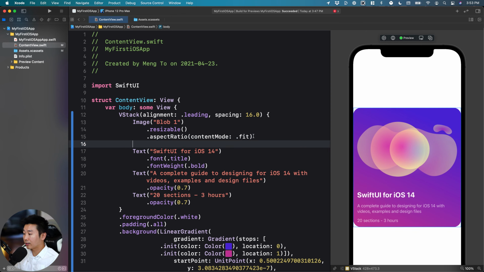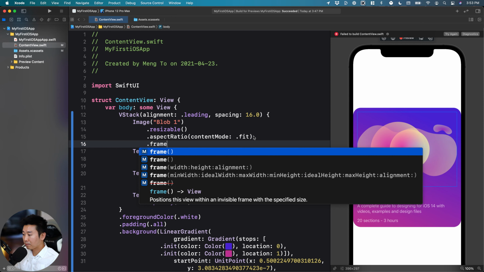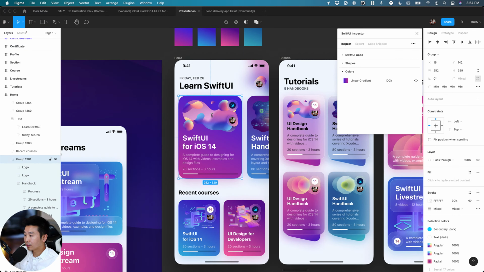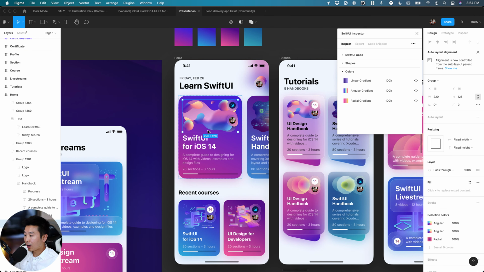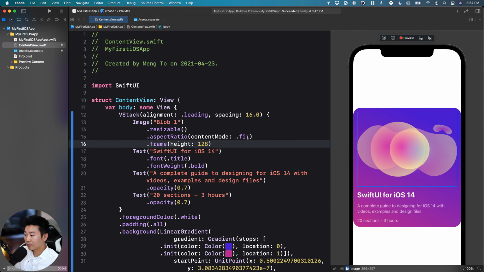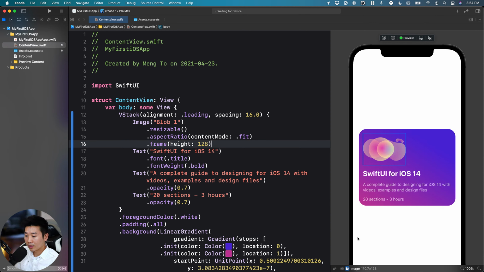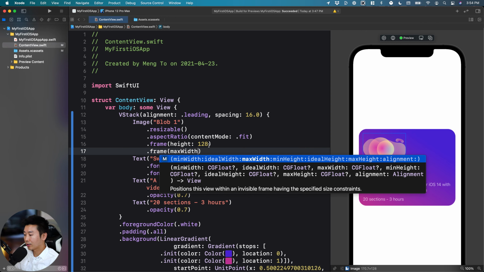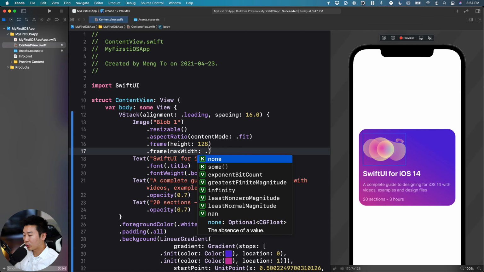And you can also set, let's say, the frame size. So frame size is when you don't necessarily want it to grow to the maximum. You want to limit it to, let's say, a fixed width or a fixed height, just like in Figma. In this case, let's see, I want to limit my height to 128. So I'm going to set height 128. Okay. And there you go. And so I also want to set the maximum width. So max width. Notice that I'm using 2 different